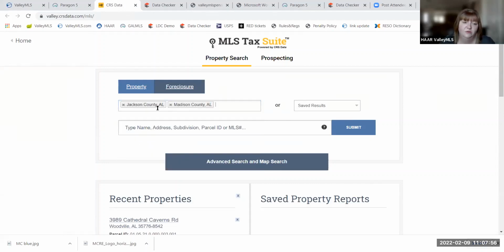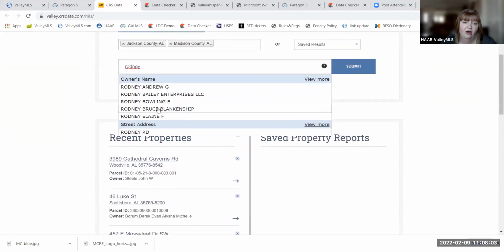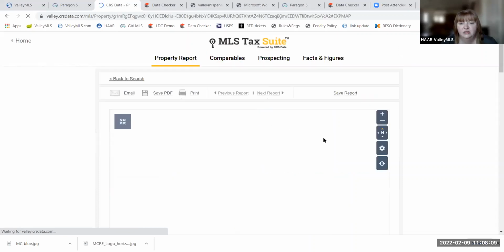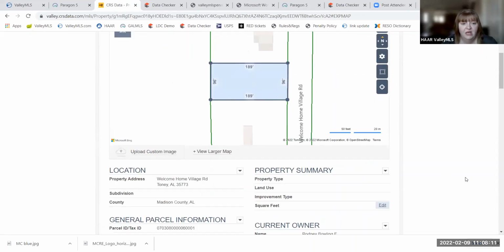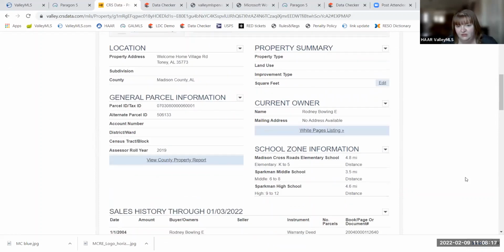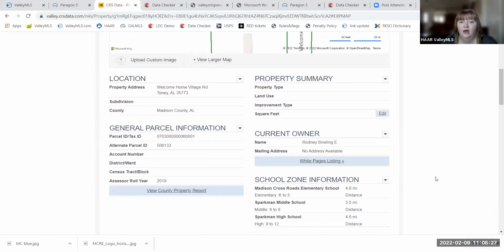It does default to the last one you searched, and for me that was Jackson County. And if you wanted to look up those tax records, again, it's going to try to offer me things. First name, last name, street address, anything with Rodney in it. So let's just select this. We're picking on this poor guy here. And you'll see here, it's pulling in information from the MLS. If we had a listing currently, it would have photos here, just so you know. Right now, this is just a tax map, but it would be photos and a tax map if we had that. We're not getting a lot of property information just because this one doesn't have much, but it would be here from the tax record if you did.